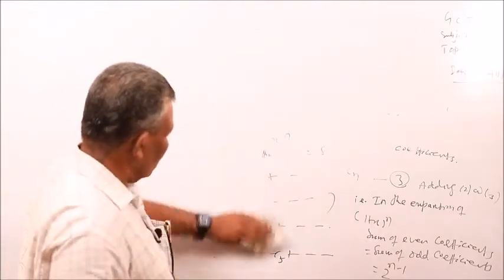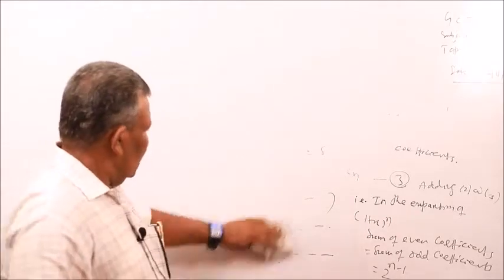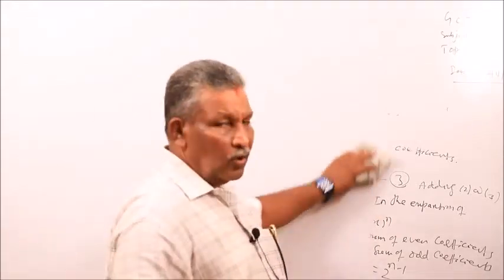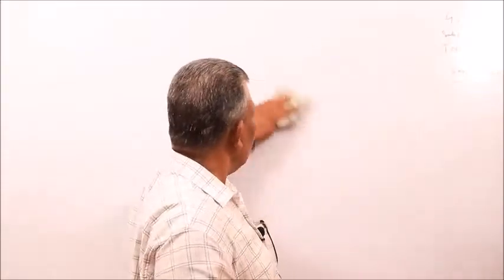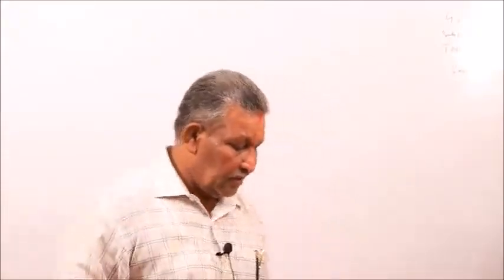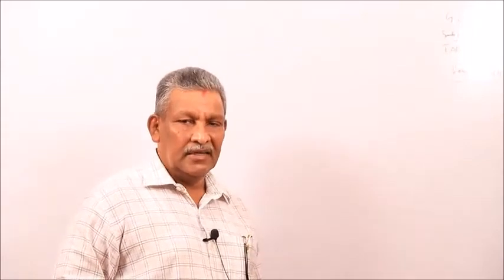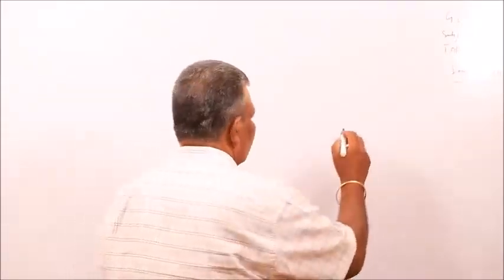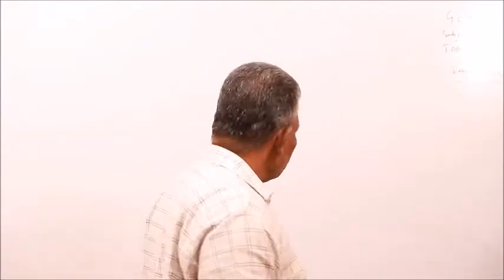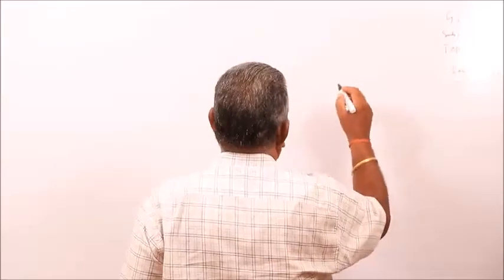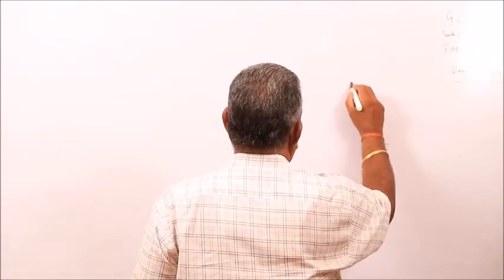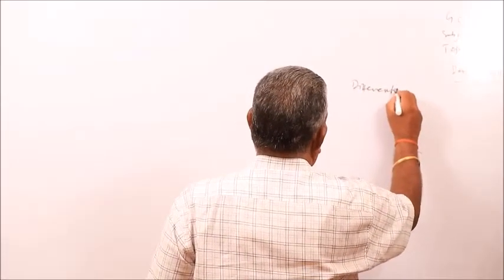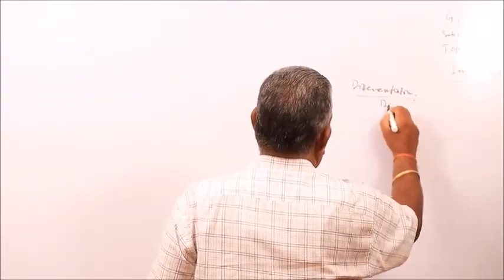While solving problems on these binomial coefficients, you can solve in two ways. You know all the formulas of nCr, so you can put the values of nCr and solve, and another method is with the help of derivative and integration. So before doing the problems, we can recall something about differentiation and integration. That is, derivative.